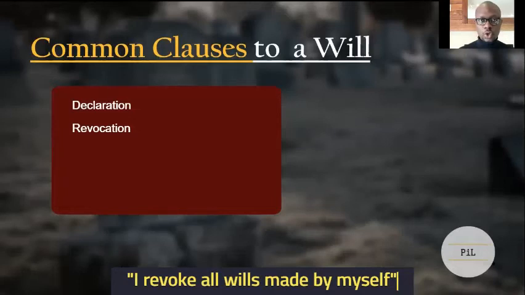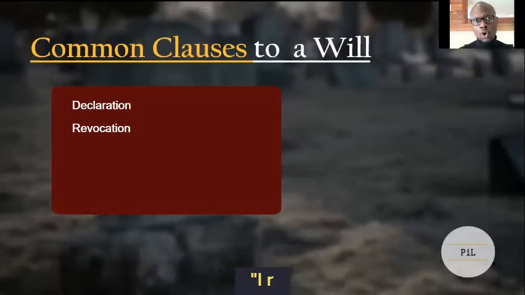A revocation clause simply revokes or cancels or terminates any other will that you may have had previously, or perhaps you may even revoke a specific clause in your previous will. So essentially, you are able to cancel all other wills. So it's important that you do so, in case upon your death, there are 2 wills in your name, and there's no certainty as to which will is actually your last and final binding will. If in that instance,